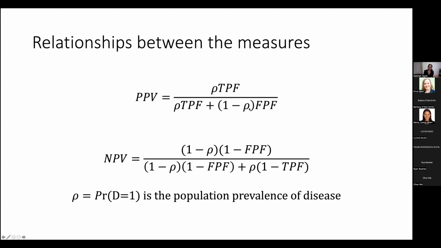So the reason why it's important to understand this is because the population prevalence of the disease needs to be reflective of the actual population prevalence for the PPV calculation to be right. So for example, if you do a case control study where you've selected a 2-to-1 ratio of cases to control, you have made the population prevalence, you fixed it by designing the study in that way. So you can't then go and calculate the PPV and the NPV in that study unless you do it using these